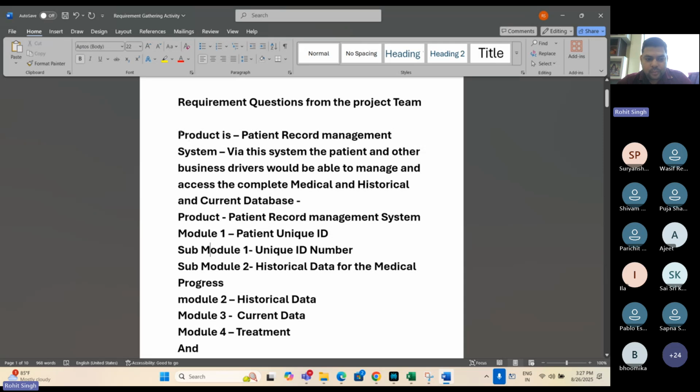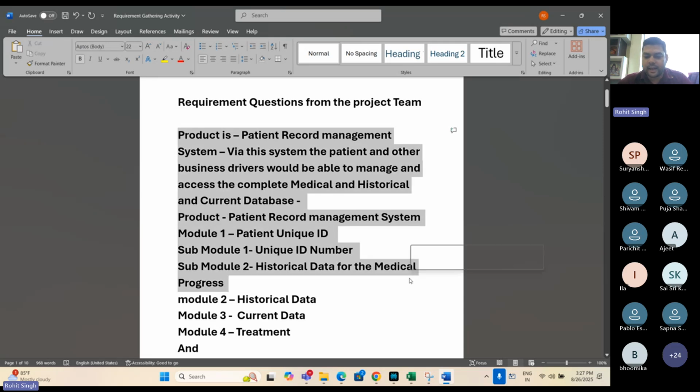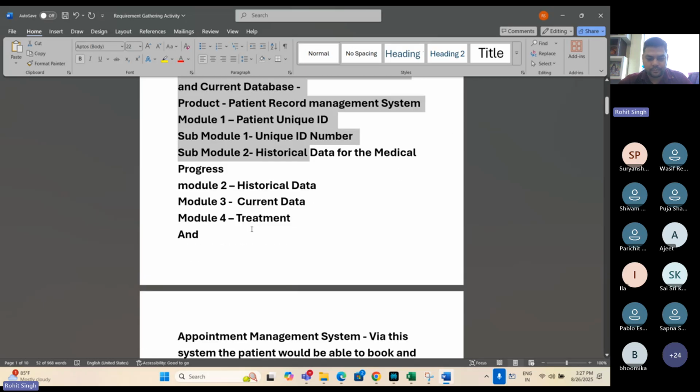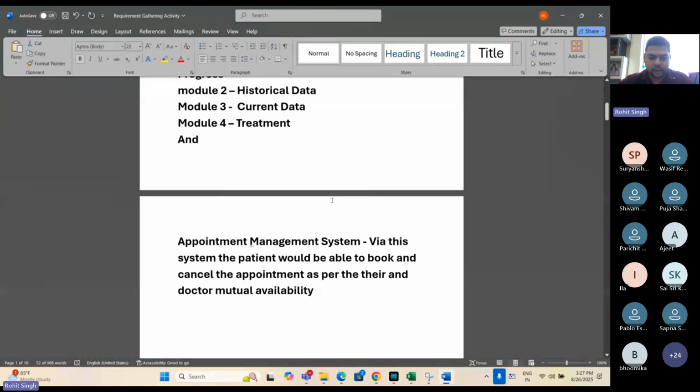Because right now we are going to be asking questions about what exactly the client is looking for, because at this point of time I am doing the pre-sales requirement gathering. If I tell the client all of this, the client will get confused. So that's why I'm just explaining to the client from the high level perspective. Okay, Sapna and all.